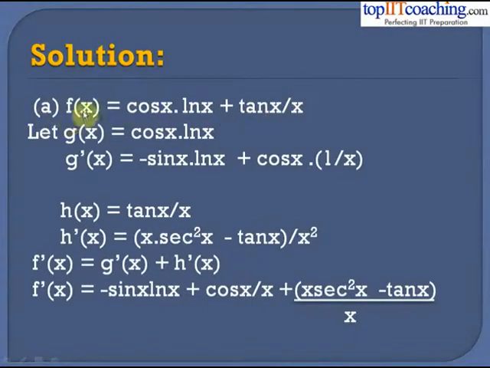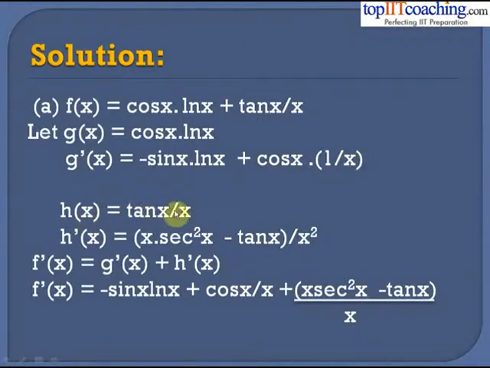Let us say that gx is equal to this expression, that is cos x into ln x. Now we use the product rule here, that is we differentiate this function with respect to x in the following way. This gets differentiated to minus sin x into this function ln x, plus we keep this function as it is, cos x into we differentiate this function, and the differential coefficient is equal to 1 by x. Hence g dash x would be equal to minus sin x into ln x plus cos x into 1 by x.